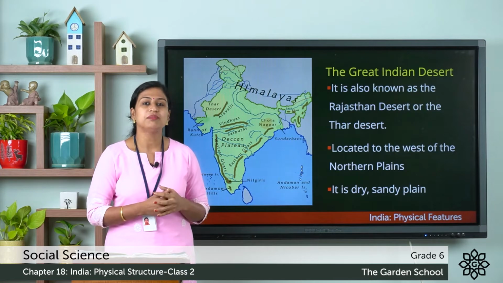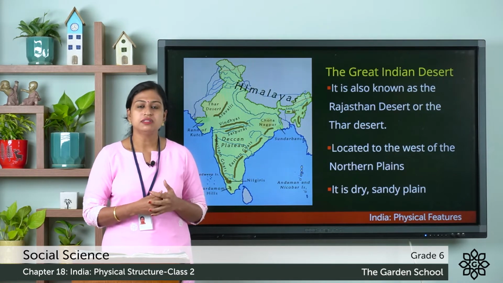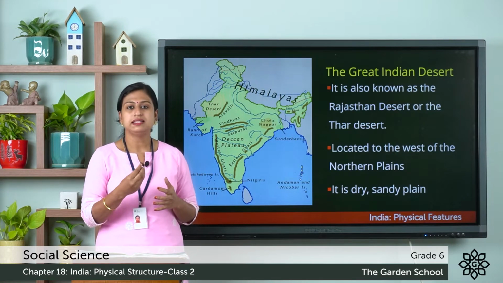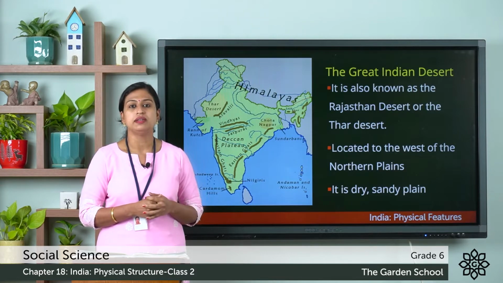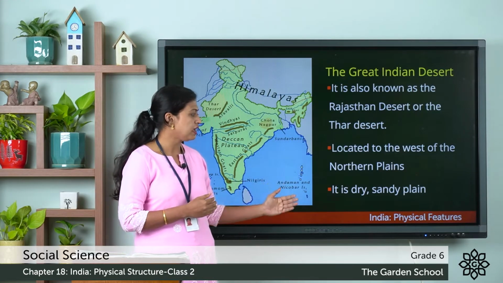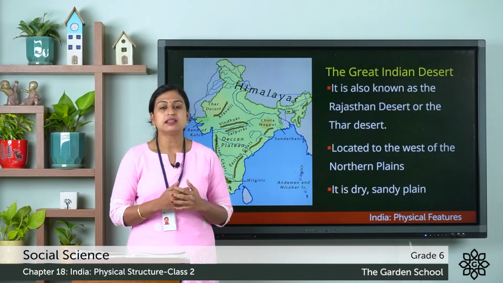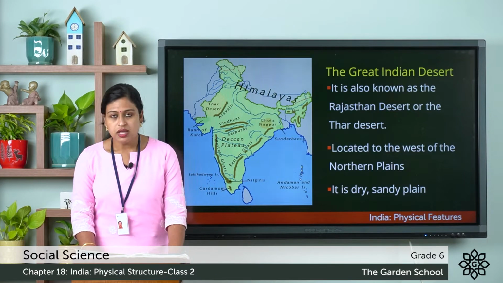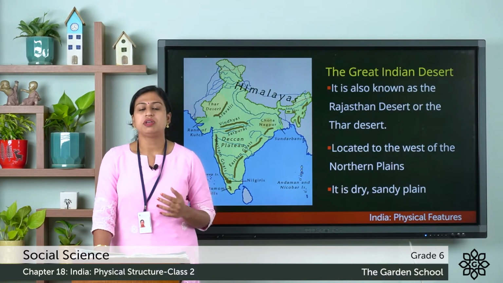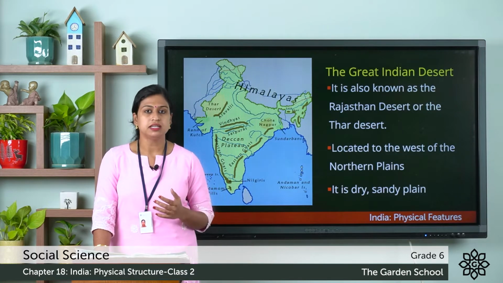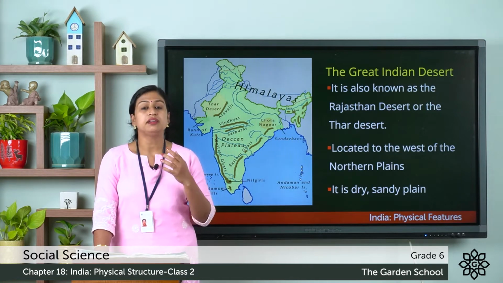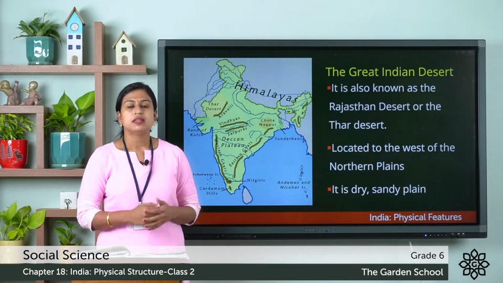So what do you understand by sand dunes? A sand dune is a hill of sand in a desert that is formed due to wind. So this region is a dry, sandy plain and consists of sand dunes. Now some activities of this region are nomadic herding, animal rearing and the cultivation of certain crops that are suitable